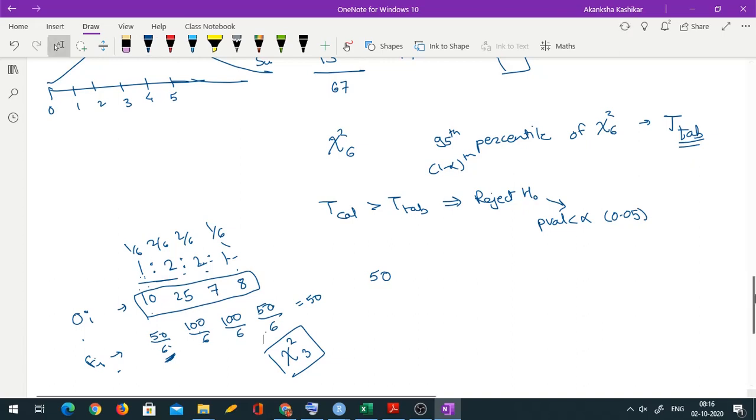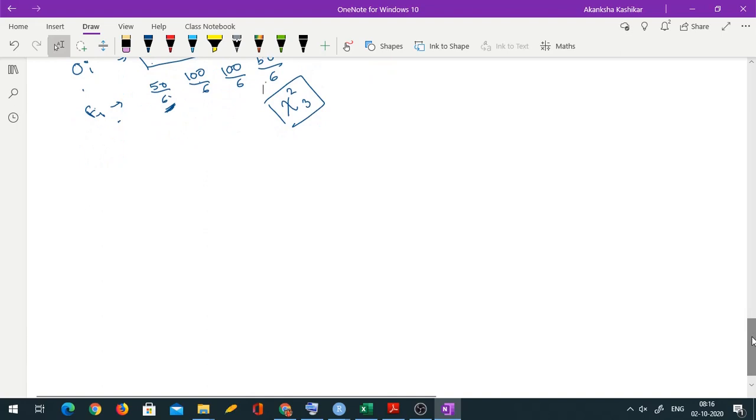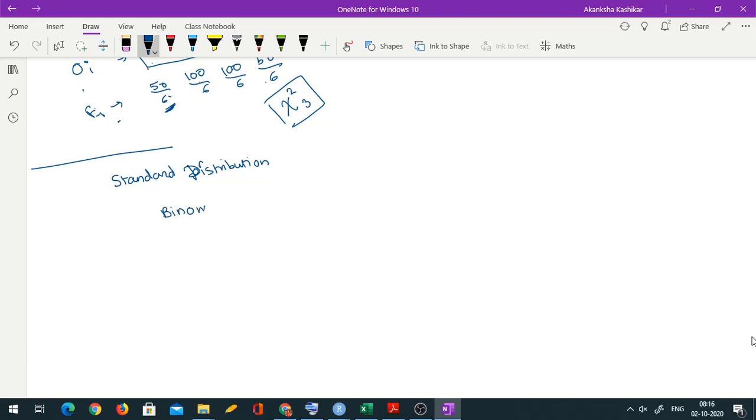Okay, so in all these examples we had pre-designated proportions, right? But we need not always have pre-designated proportions. We can have comparison with some standard distribution also in the goodness of fit. So for example, you have studied binomial, Poisson, Bernoulli distributions, right? So suppose the number of siblings. So we saw that there are 0, 1, 2, 3. Suppose these are the only possible values, and